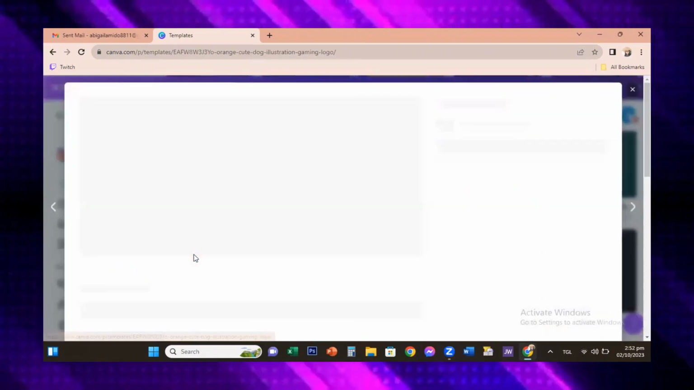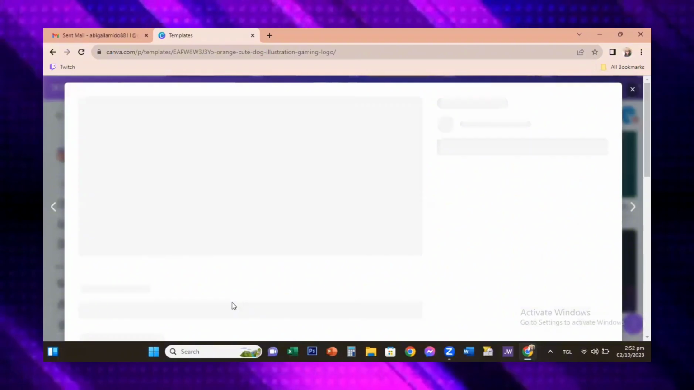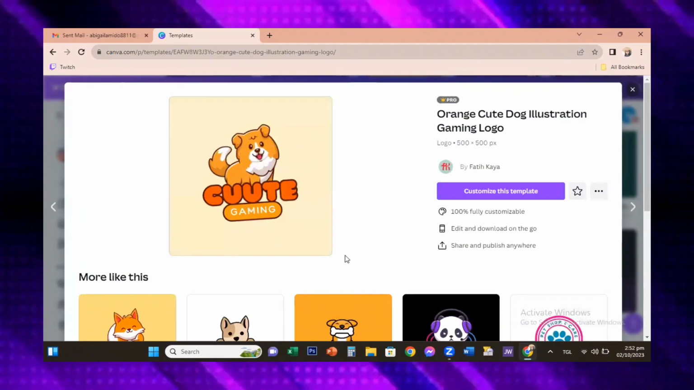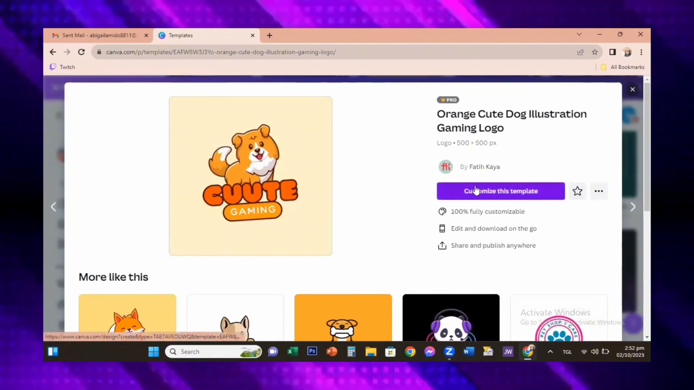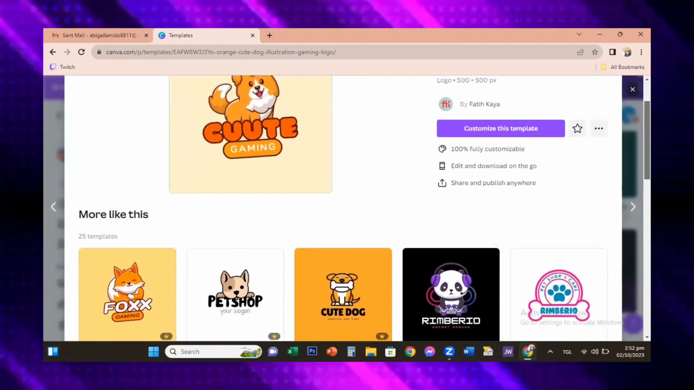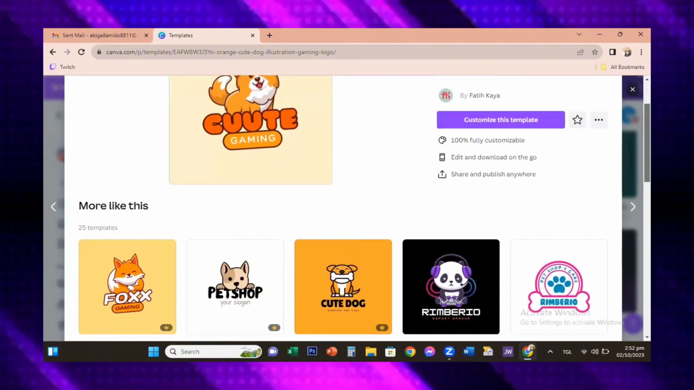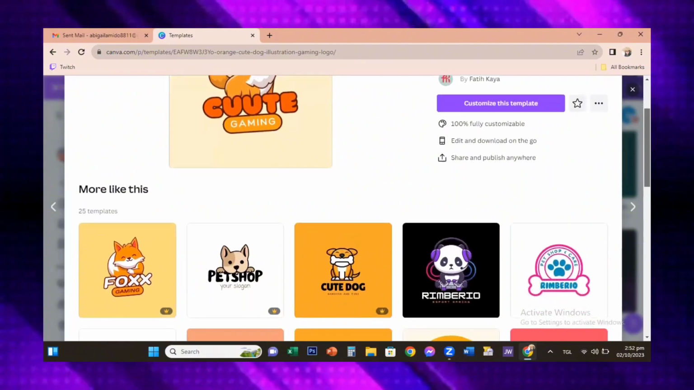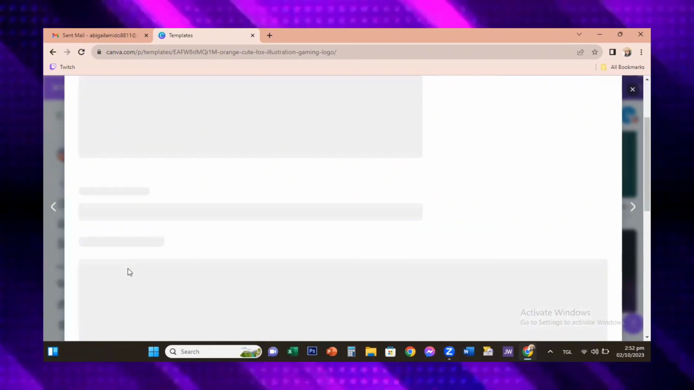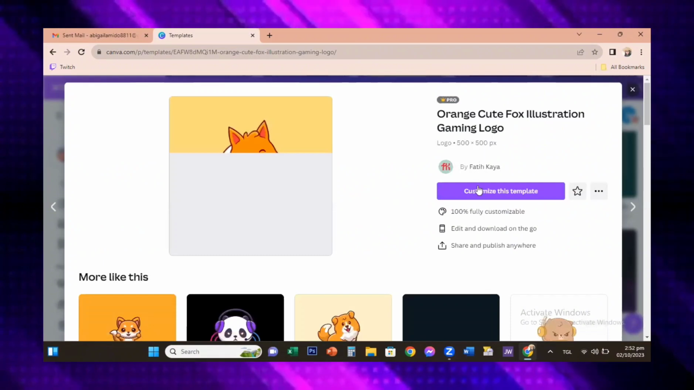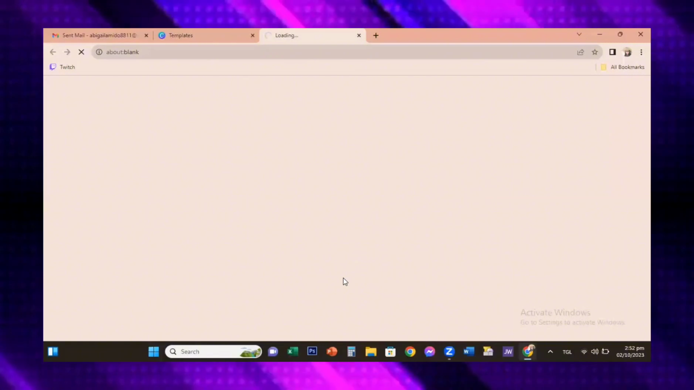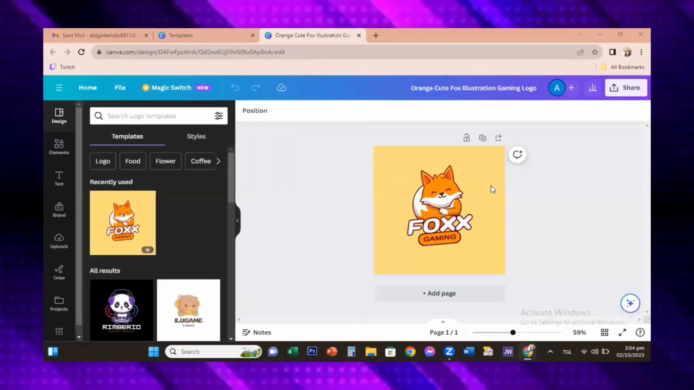Okay, so for example, let's choose this one. So from here, you can also choose a design that is more like this one. So just scroll down. So let's try the first one. Just simply tap the template. And then let's click on customize this template, and you will be directed to the Canva editor, which is